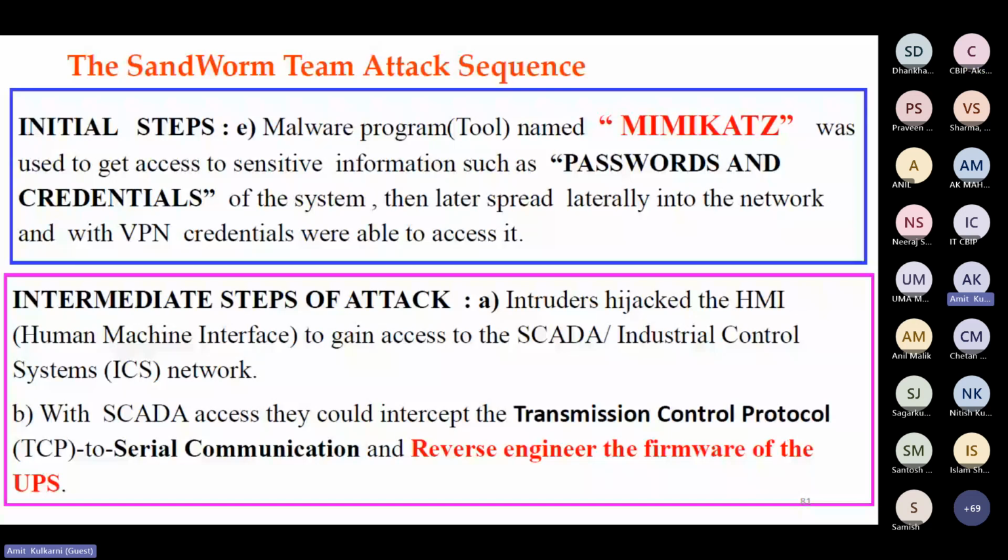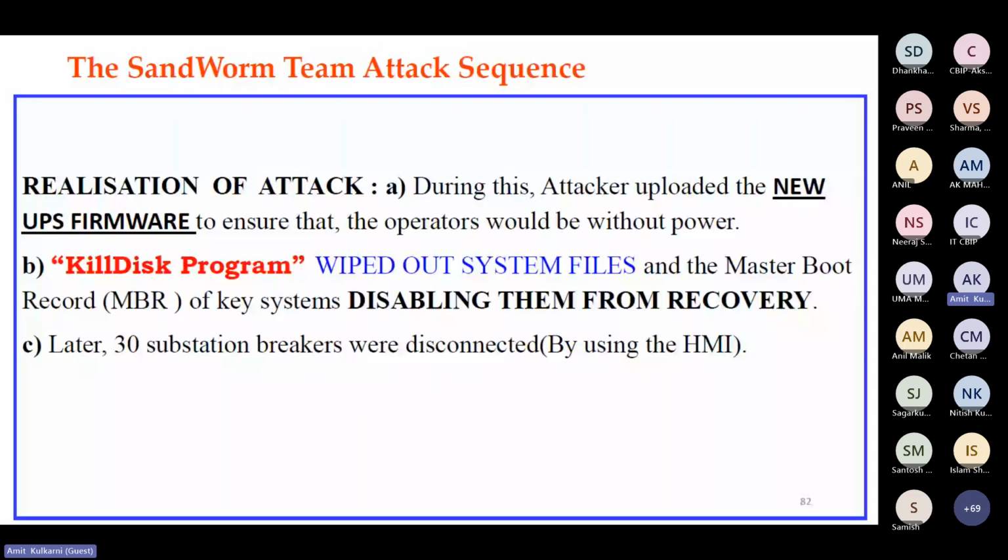In the next stage, intruders hijacked the HMI, got control of SCADA and ICS systems, and the UPS was also attacked. During this, the attacker uploaded a new UPS firmware. They didn't stop with just the firmware being disrupted. They installed new firmware,